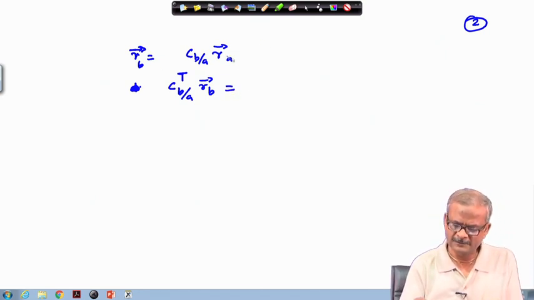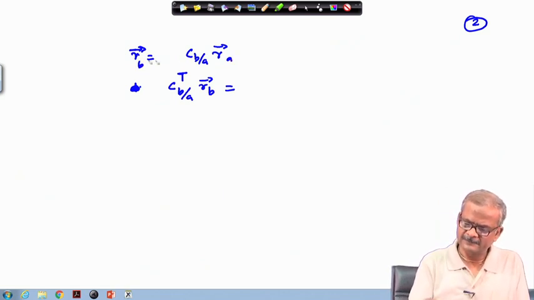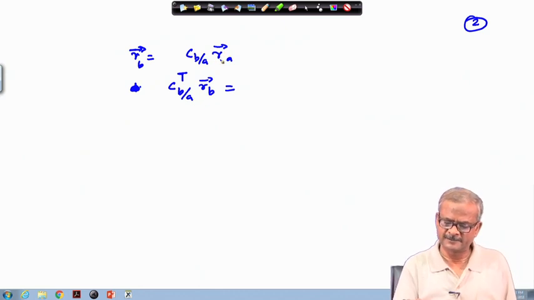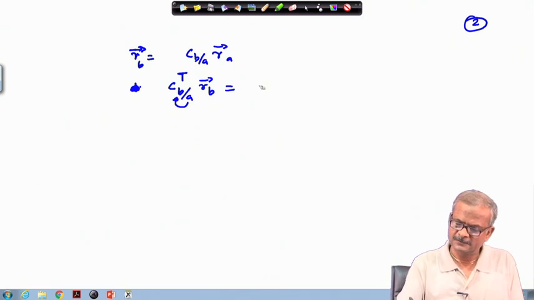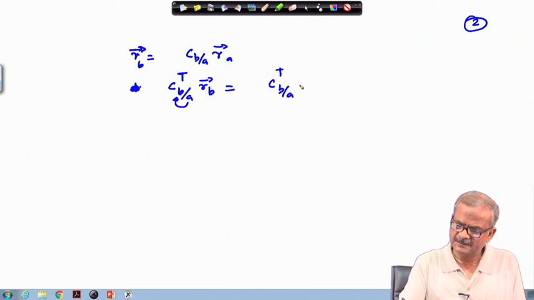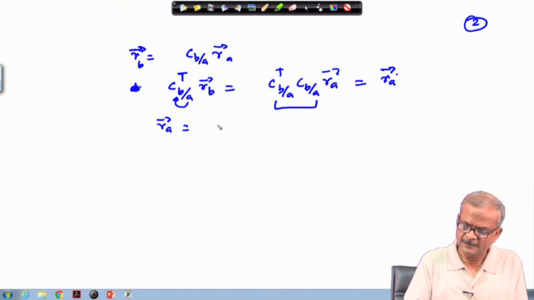Another one is in terms of vectrix, we can do it in terms of vectrix. So, rather than indicating this is a vector, you have to show this as the vectrix. So, if we write it like this, multiply both sides by C transpose B A, where this is indicating rotation from A to B. Okay. So, this will be C transpose B slash A, and obviously, we know that this quantity is I, and therefore, this gets reduced to A, and therefore, R A equal to C transpose B slash A R B.